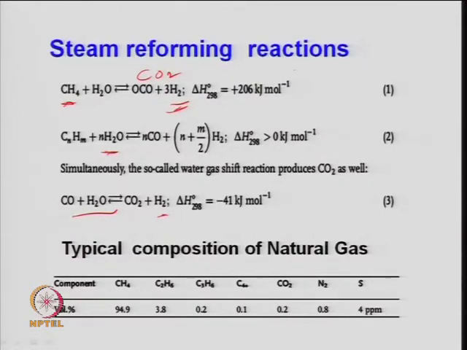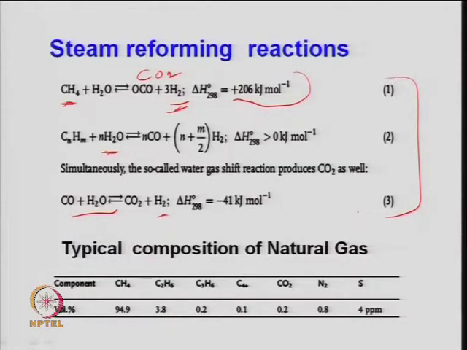So, the contribution is something like this. If you look at here, this reaction is an endothermic reaction, right. And here if you look at, this is an exothermic kind of reaction. So, reforming requires a lot of heat during this process, right. So, endothermic reaction, exothermic, or if you have something like a partial oxidation, if you add a little bit of oxygen, then it can be a kind of autothermal type of reaction also, right. So, this is the trend in the refinery, fertilizer and also in petrochemical industry for hydrogen production, right.